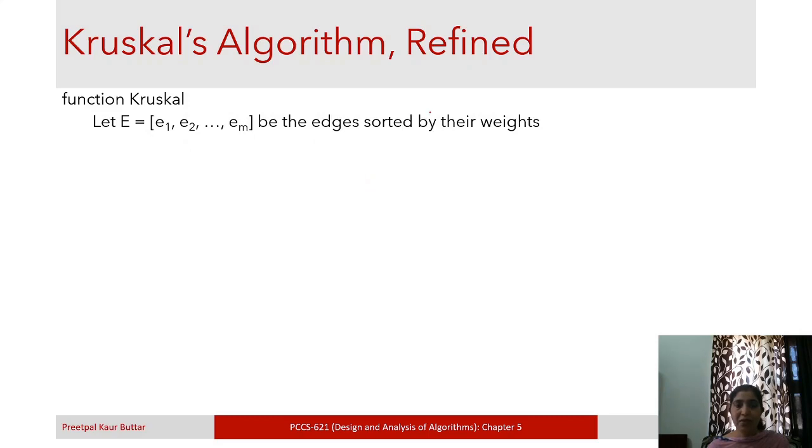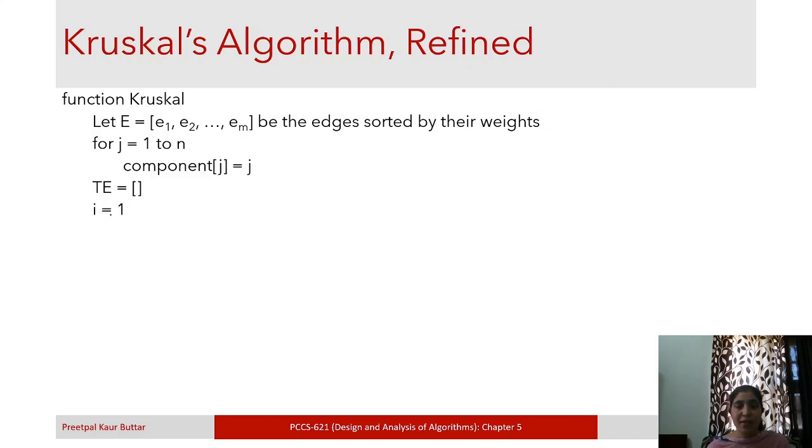We have edges which are sorted by their weights. For I equal to 1 to n, component of each I will be equal to I. Okay, so component of each node will be that node itself initially. The edges which have been added to the tree, this list is initially empty.